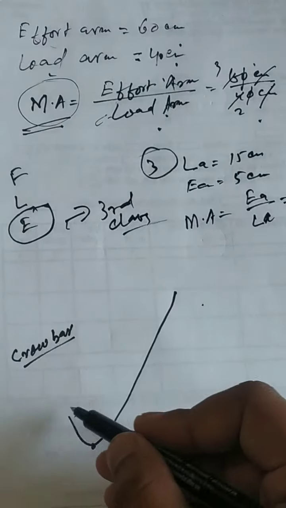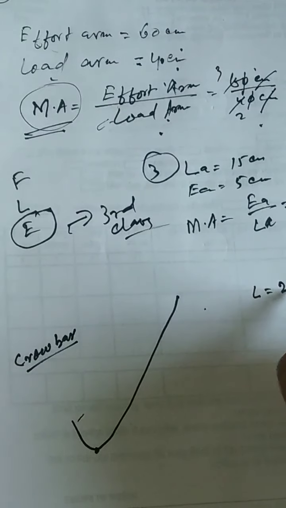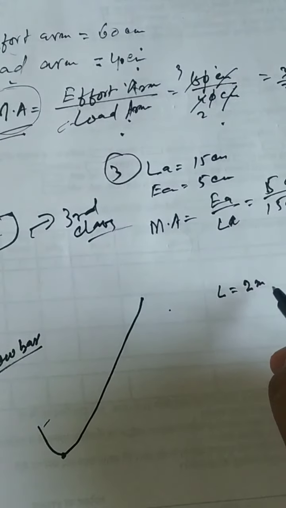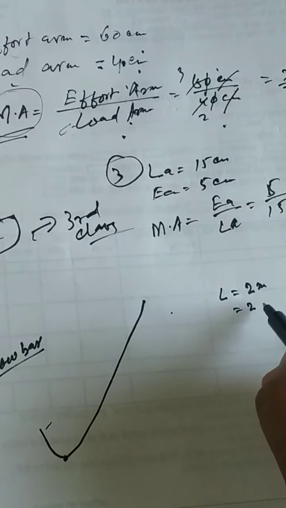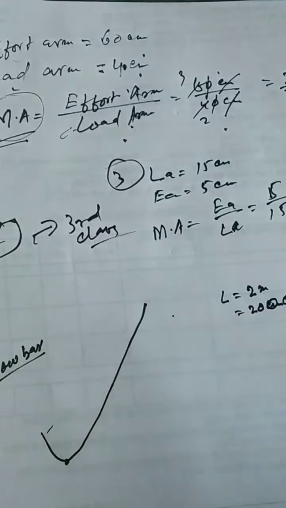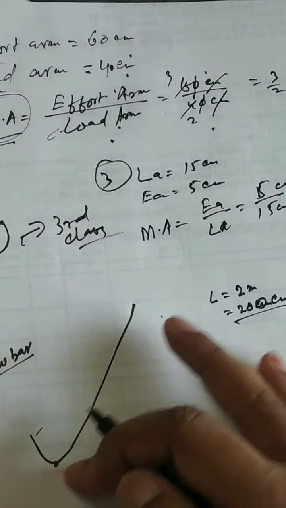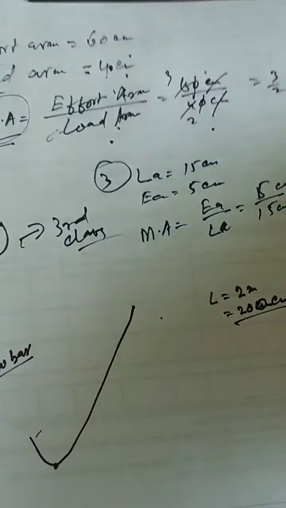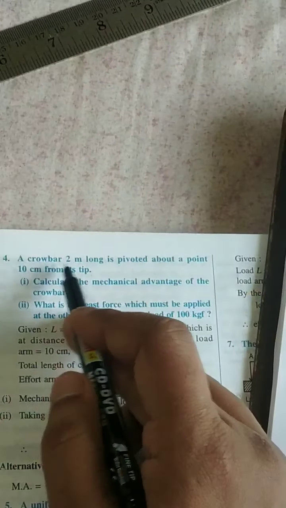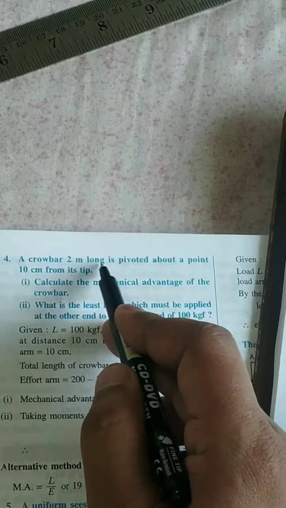Now the length of the crowbar is 2 meter. Total length is 2 meter. If you convert this into centimeter, it becomes 200 centimeter. Now this total length is 200 centimeter. A crowbar 2 meter long, that is 200 centimeter long, is pivoted about a point 10 centimeter from